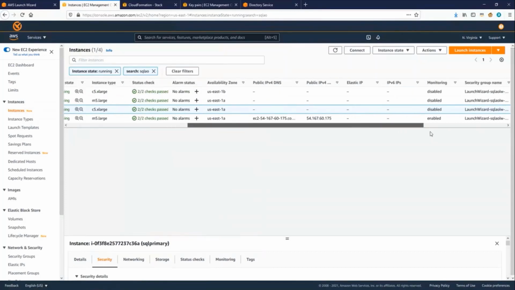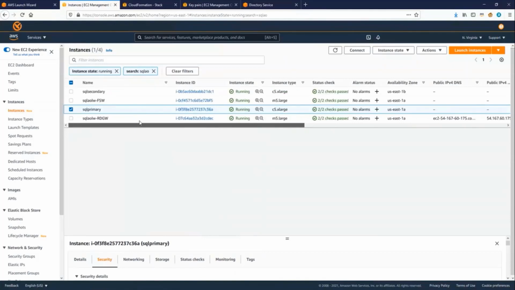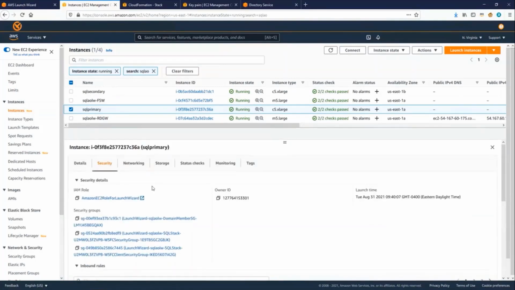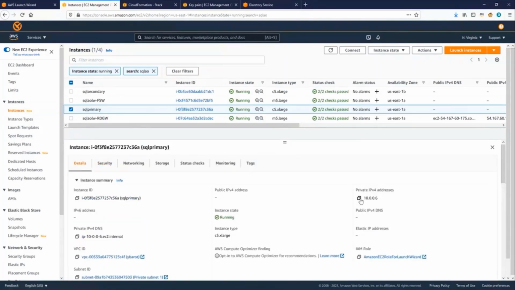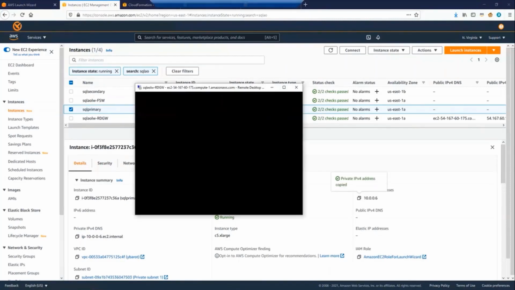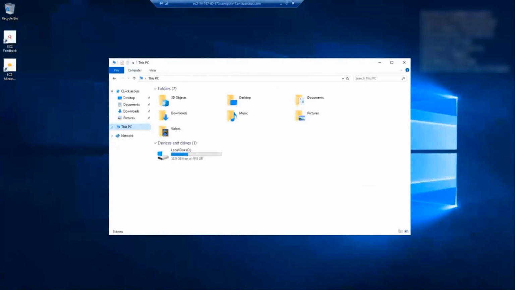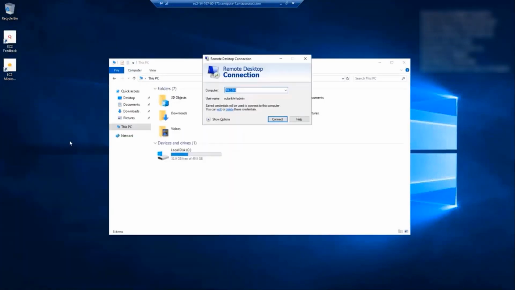It's there in a private subnet, right? So you can't RDP to it directly. So what you have to do for that case, you need to use this remote desktop gateway, and we can RDP to it. So let's select the details of this server, select the private IP address of this server, and use our existing RDP remote desktop connections in here,